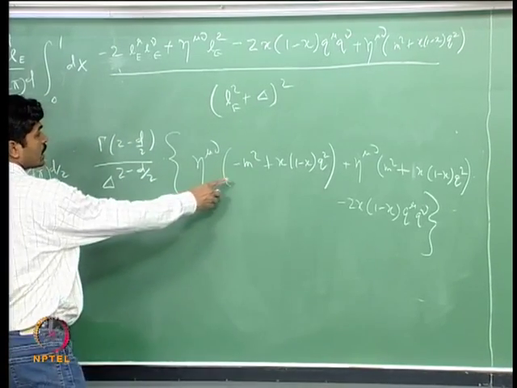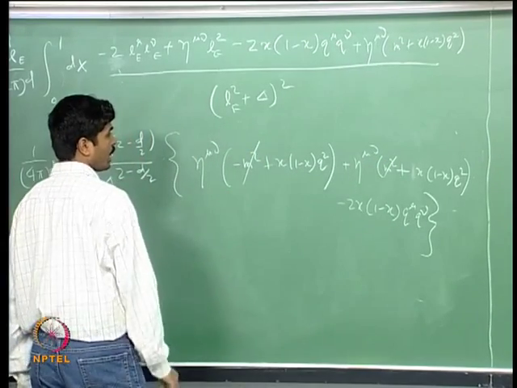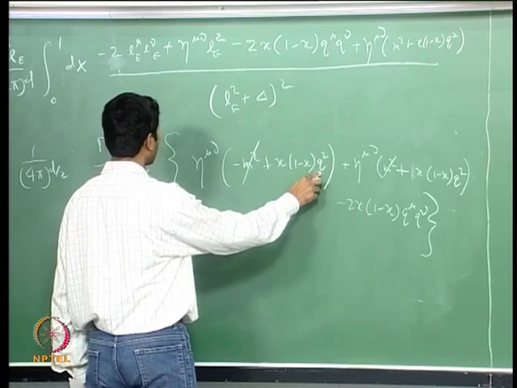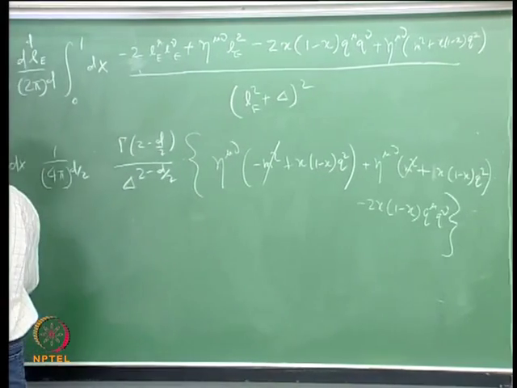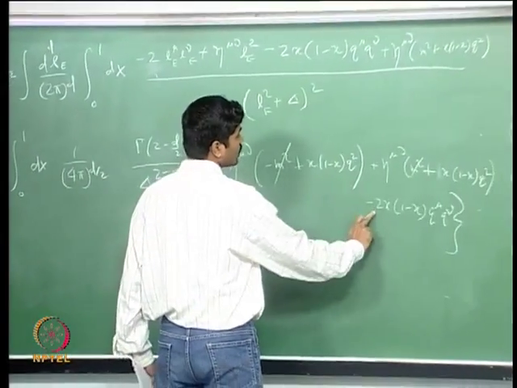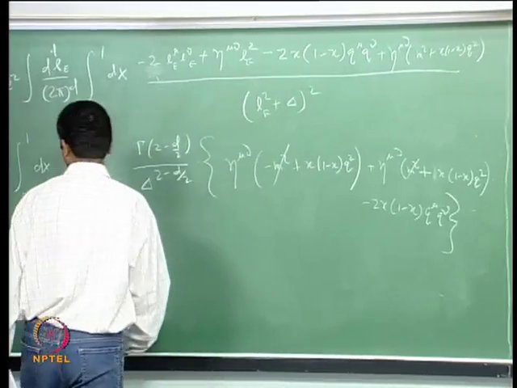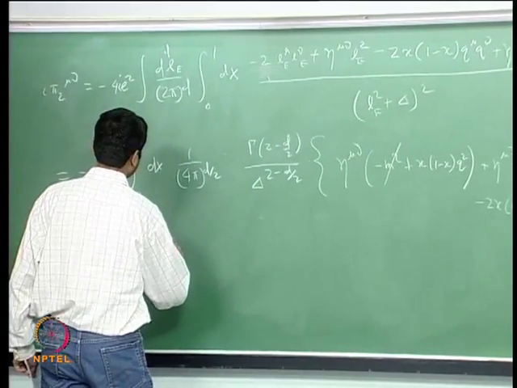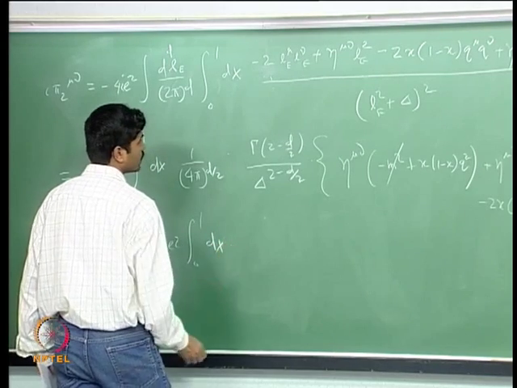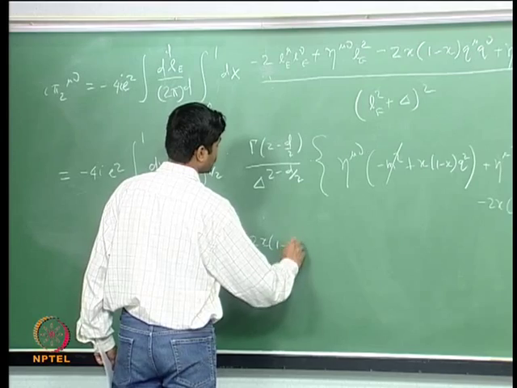But now you can see that this m square here cancels with this m square, and this becomes 2 x 1 minus x q square. So, at the end of the day what you get here is there is a common factor of 2 x times 1 minus x. So, minus 4 I e square 0 to 1 dx 2 x into 1 minus x